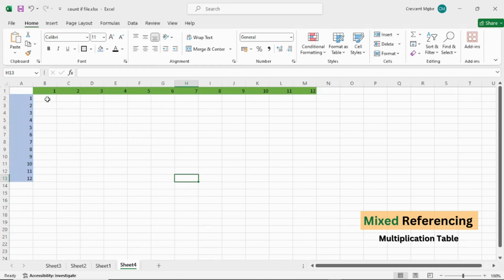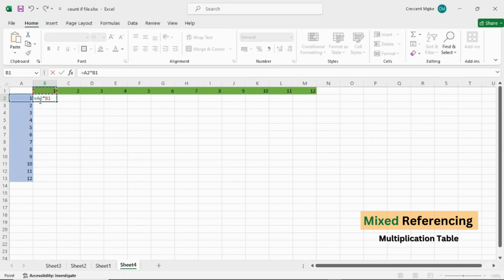So for our multiplication table, we want to multiply this thing that we have here. When we move this way, it should just give us 1 times 1, 2 times 2 is 4, 3 times 1 is 3, 4 times 1 is 4. It should be moving down the column, but it should stick to this row, each of the rows. So the formula we're going to use is going to be equal to, we're multiplying this by